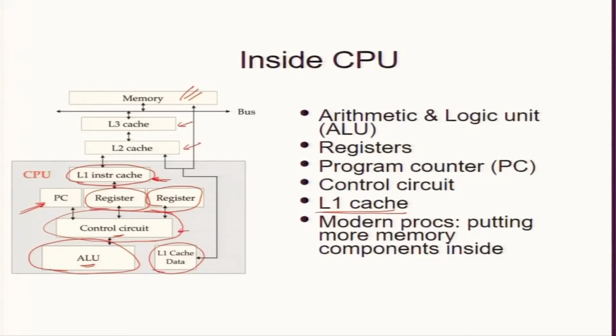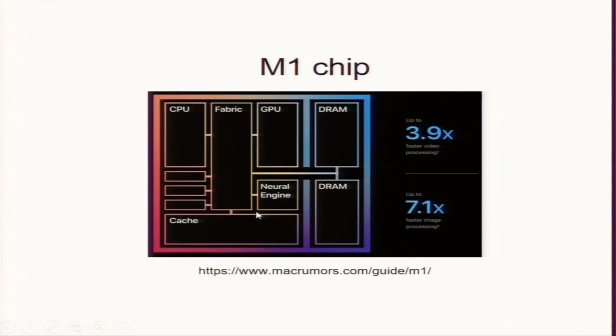Now, to make things faster, you want to push in more cache. You are not increasing the clock speed, but you have data which is close to you and you can do things faster. Also, with more registers, I can do more things in one clock cycle. There is a name for it, called vectorization. I am going to come to it in a minute. So, these are ways to speed up your number of operations in a CPU.